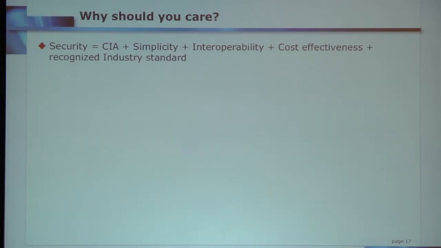If it's not cost effective, forget it. And we want to recognize security by recognized industry standards. Software-defined networks and virtualization, right? I'm just mentioning these two technologies because they are really in broad deployment industry-wide these days. And there are a lot of security issues in these technologies,